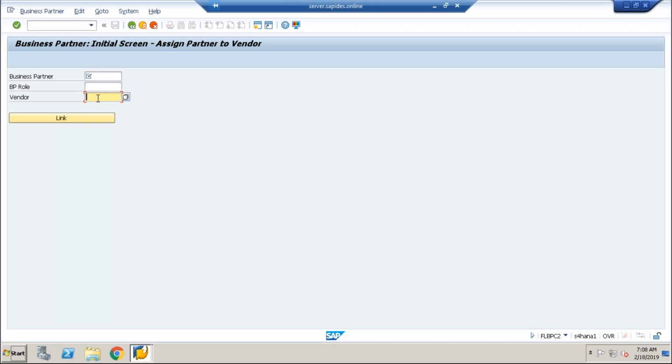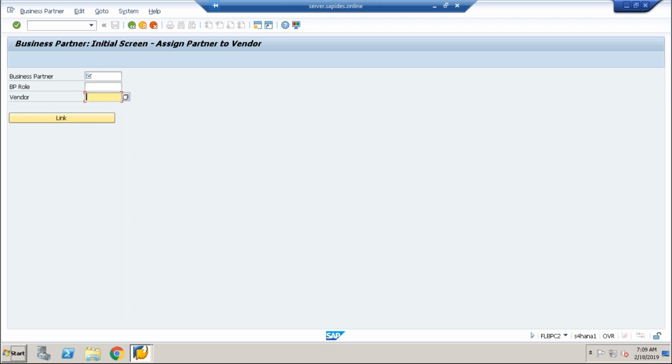In what scenario will we create a business partner and link it to a vendor? Suppose, for example, when you're bringing in data from a third-party system, and some customer is there from that system. When you have only a customer, you bring that customer table into my system, so you have the customer number. This customer number cannot be used only as a customer, right? In that case, I create a customer, I create a business partner with the customer and link it to a business partner role.